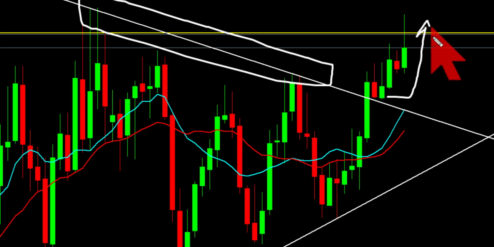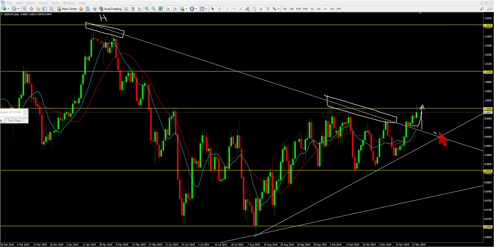But the bears are defending this region, this resistance level right here, and the bears have a high probability they can move price downward again and retest this dynamic support level, the previous resistance level, now acting as a dynamic support level. They can retest this line. If the bears fail to move price downward, the bulls are still going to move it up. By the way, it can still result in a trade within the range, and that is why I don't like